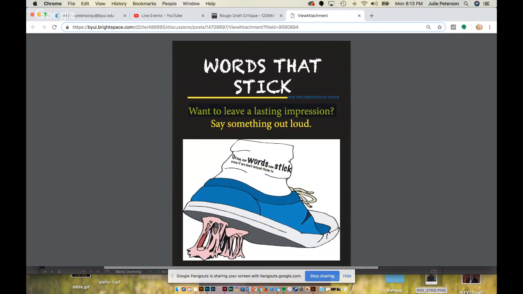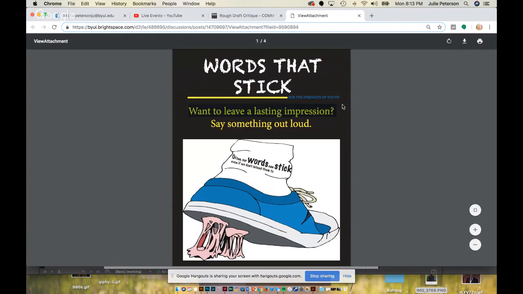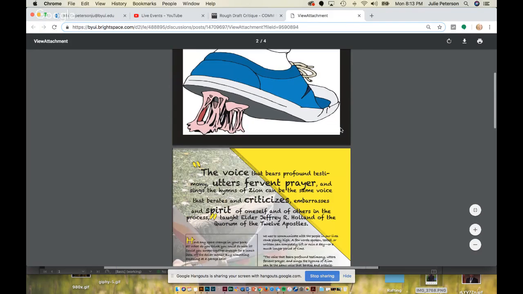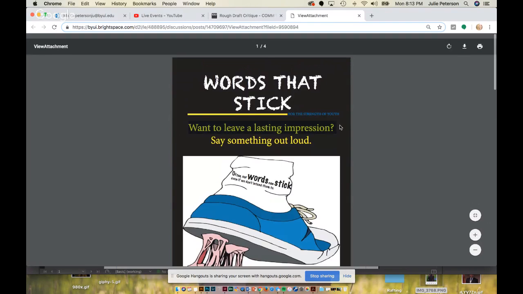And then this is distracting. Want to leave the lasting impressions. This is almost taking away from your cool design elements that you have here. So this can, again, be, if you feel like this needs to be on the first page, then make it smaller. It doesn't need to be this large and distracting from this. You can make it smaller, all one line that goes across again, or this can be just a part of the article and be taken away completely, okay?